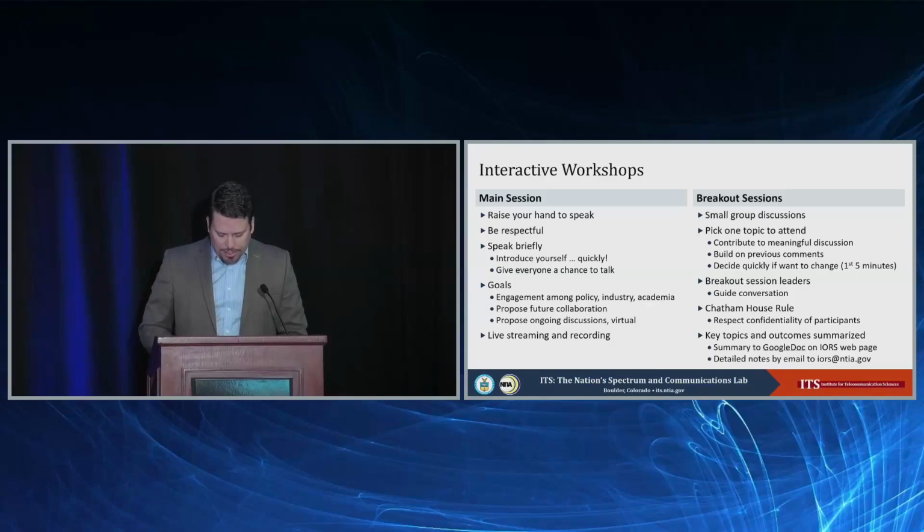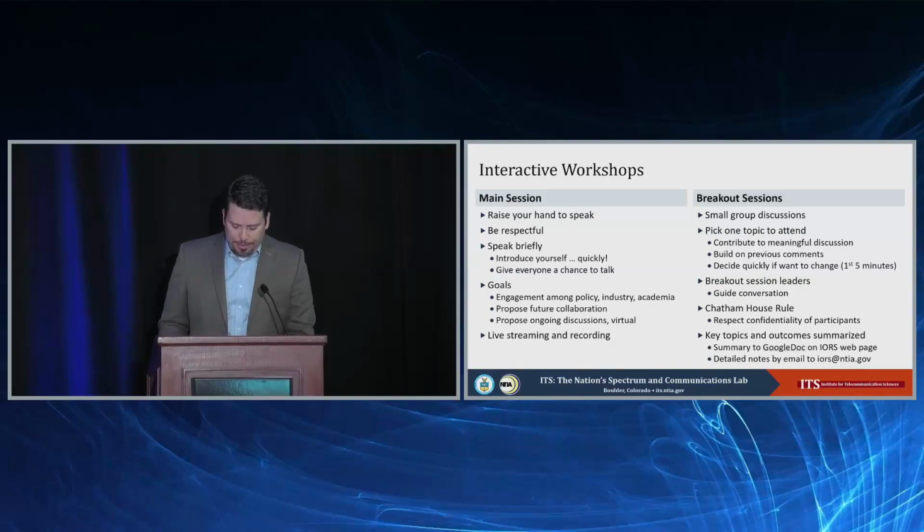Okay, following the main session, we'll break out into breakout sessions for the small group discussions. The breakout sessions are not going to be live streamed. They will not be recorded, so no audio or video recording is to take place. During each breakout session, we'll divide among several topics, as I mentioned on the agenda. Please pick one to attend, and you can change over if you realize that you might want to enjoy a